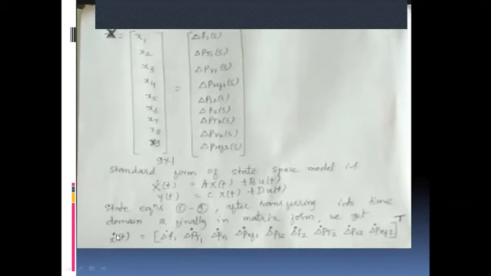Now if you write x dot of t, it will be a 9 cross 1 vector, or I have written it here like this, as the transpose of this. It is the same, x dot of t is a 9 cross 1 vector. Since there is a space problem, I have written it like this. It is the transpose of this, which is equal to a 9 cross 1 vector. Now after this you have to write this constant A, which will be of this form.